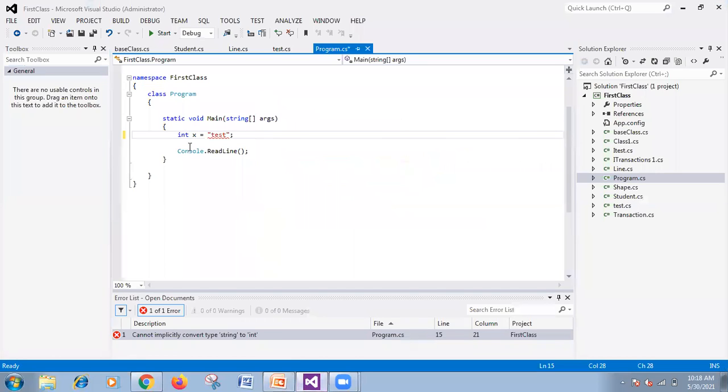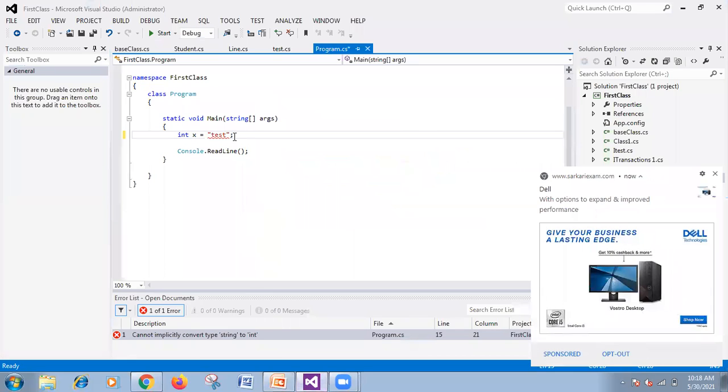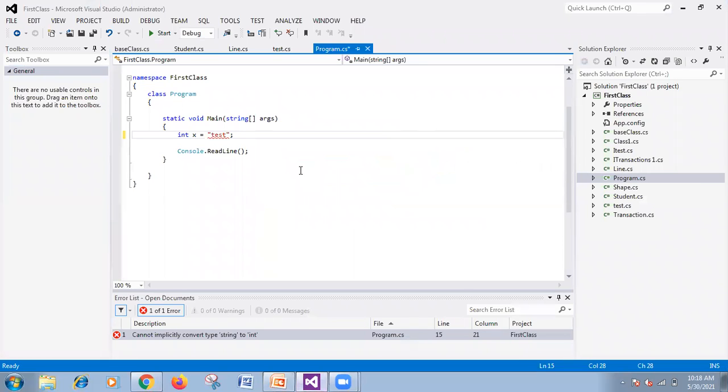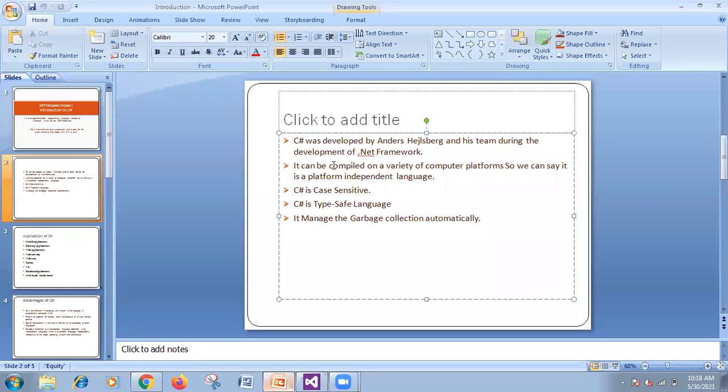So for example, this is the variable integer x, and you are trying to assign a string value here, then C Sharp catches it at compile time with a message like cannot implicitly convert type string to int. But some languages which are not type safe allow this at compile time, so this creates issues at runtime. This is the advantage of C Sharp. It is a type safe language.